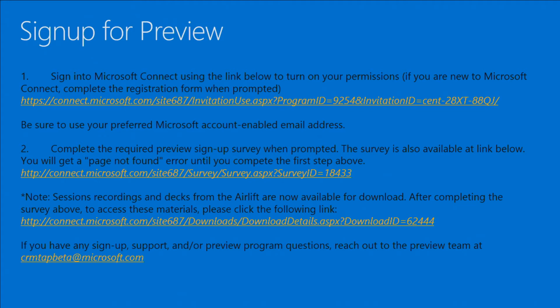Dilip mentioned earlier how to sign up for the trial. For those of you who may already be in the preview program, you're familiar, but for those who are not, Dynamics CRM has a special preview program that allows customers and partners to sign up and participate in the early release of the next version. The preview program sign-up is already open. Here are some links; you can also get them from the deck when you download it, and just click on the links to get into the preview program.